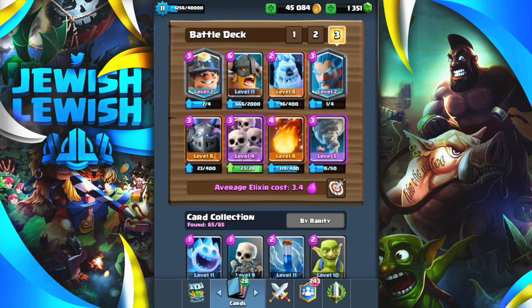However, a Giant deck probably would work out really well, a Lava Hound deck, a Golem deck. In this case, I'm using a Miner, which probably works out really well in this challenge. Elite Barbarian should do pretty well. Ice Golem is definitely going to be a good card, and you must have a Fireball in your deck, because